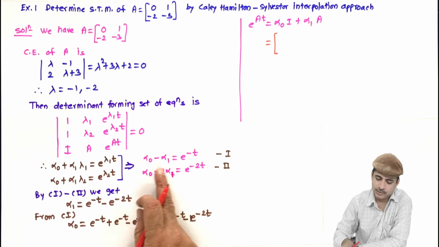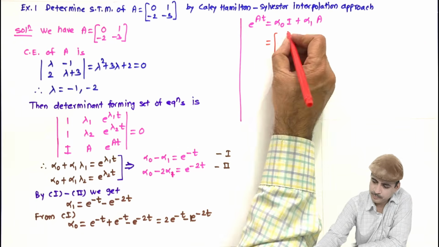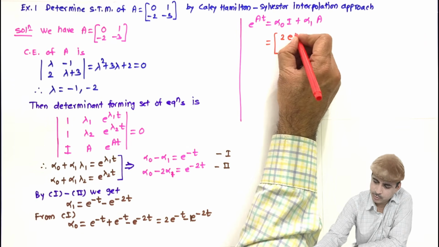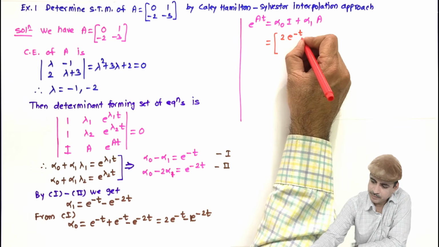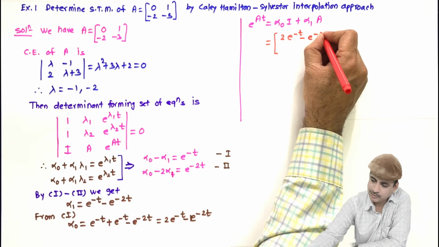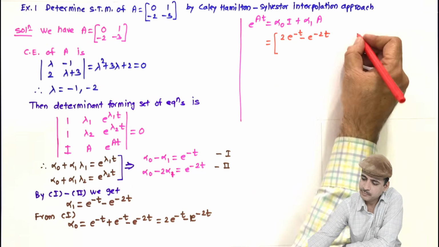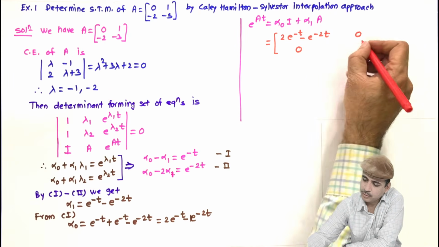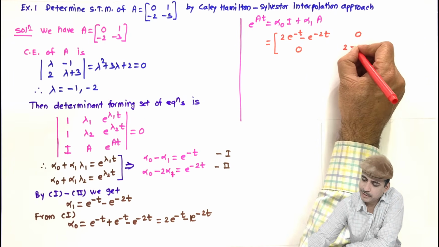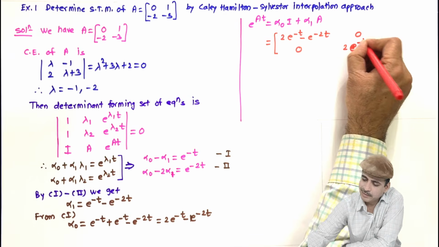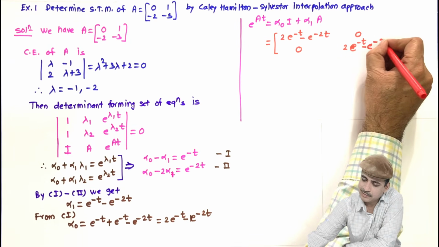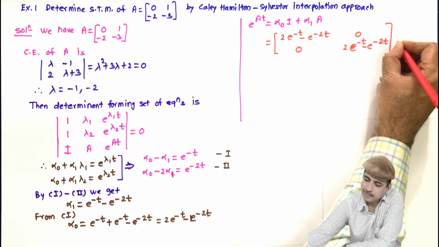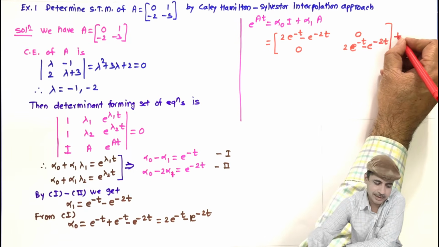So what is alpha 0? Alpha 0 is 2 e raised to minus t minus e raised to minus 2t, and this will be 2 e raised to minus t minus e raised to minus 2t, and plus, what we have to add here, plus